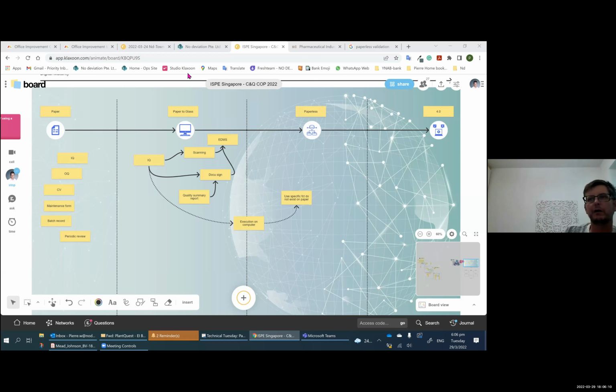And if the user always checks the test 1, 2, and 3, and those were always good, well, you can quickly imagine that in 1 or 2 years, the machine will build my protocol automatically. And all I will have to do is to review it. I won't even have to check those Lego blocks. We know that when you do that, it's always good, right? And then you can extrapolate like that so that the machine will test itself, right? So that's for me really the beauty of the paper to glass and the paperless and the 4.0.